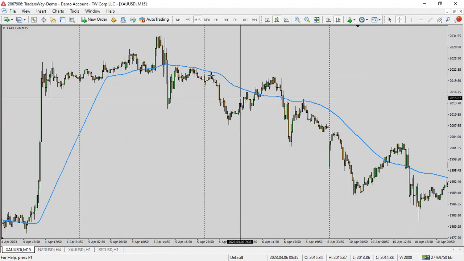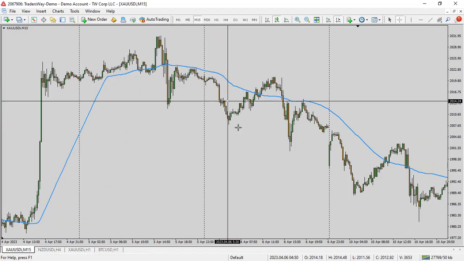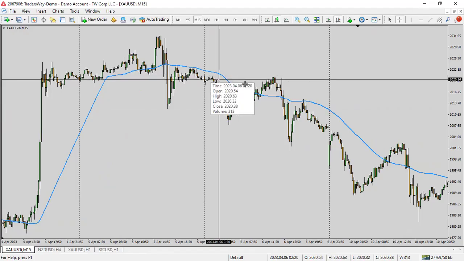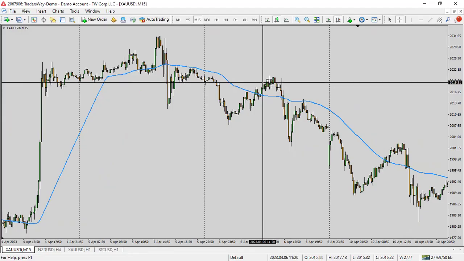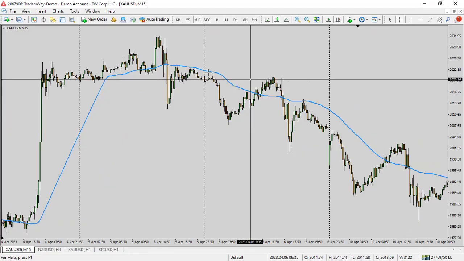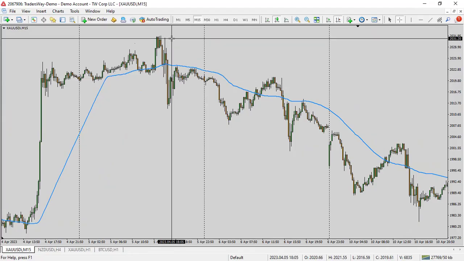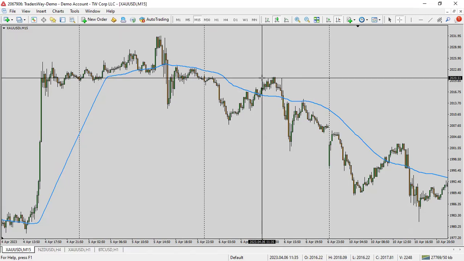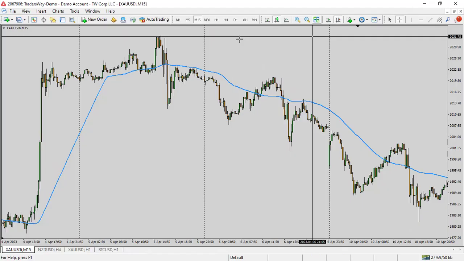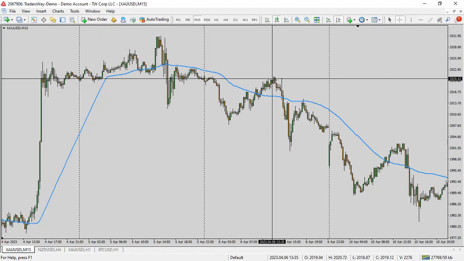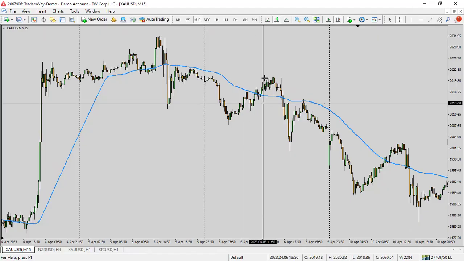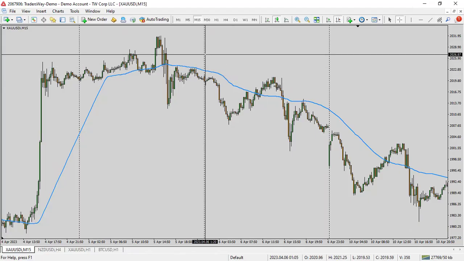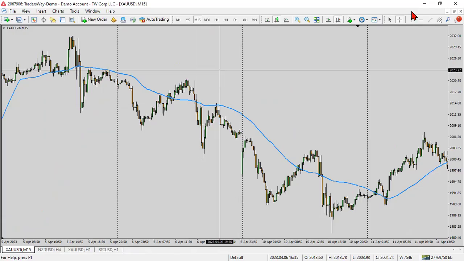So you have a supply here, and a small supply there, right? So even with all these pushes to the upside, it comes here. You got one here, and the ultimate supply was here where it started off. If price is not pushing up and breaking these highs, then you should be selling, right? So you could sell when it comes here and put your stop loss either here or here, and you were good to go. So you got in here,